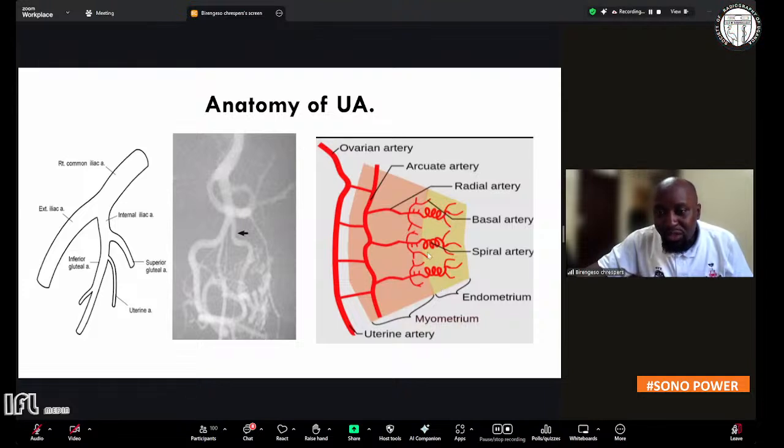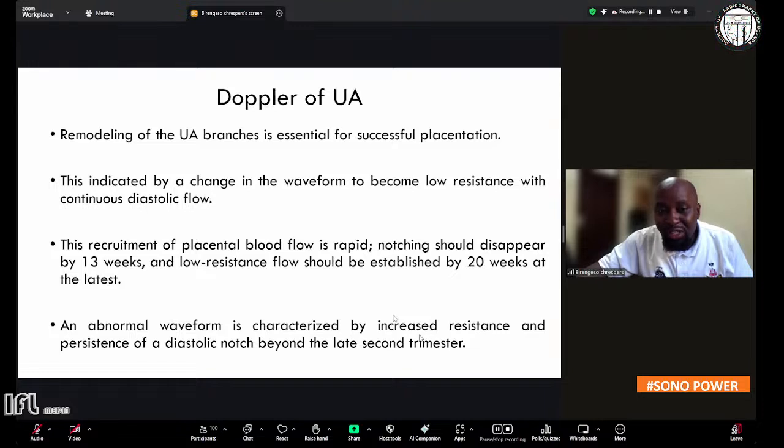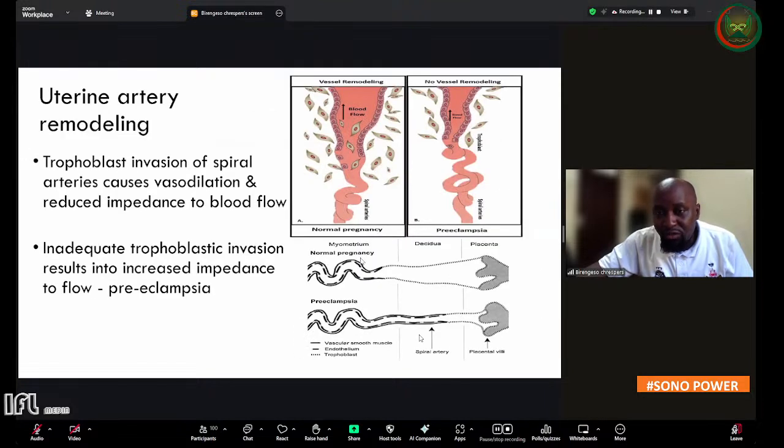What happens during the process of the remodeling of the spiral arteries? I'm explaining this because they are the reasons why the waveforms will look the way they do. So these spiral arteries will be remodeled. They will vasodilate and become low resistance. Hence, in the first trimester, in the normal, we have a high resistance waveform. But as placentation is happening, the low resistance waveform will come into place. So the spiral arteries become dilated and that area becomes a low resistance bed requiring a lot of blood flow into it,